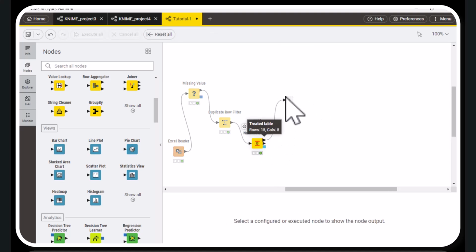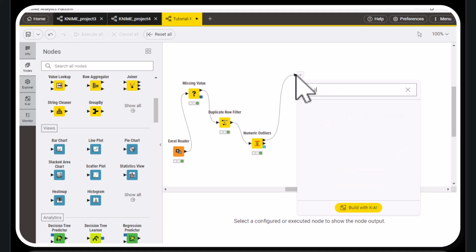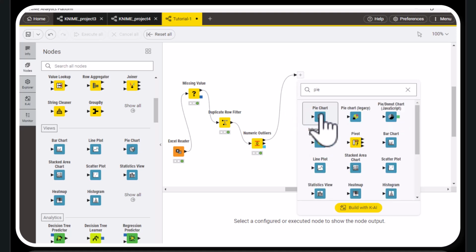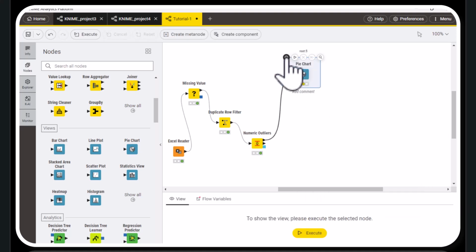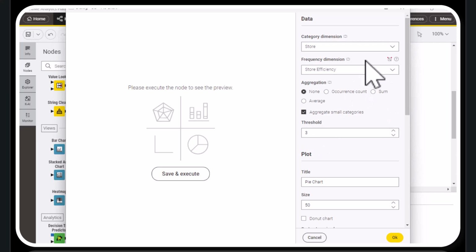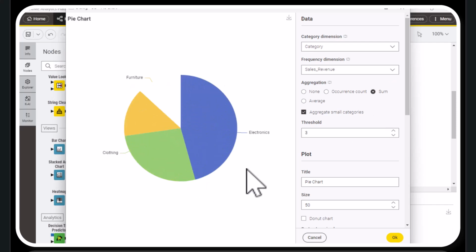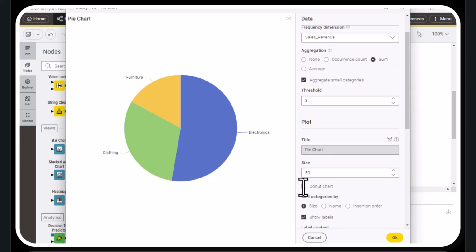Next, let's make a pie chart. Let's configure the pie chart. So the pie chart, the category dimension is going to be, let's take product categories, and let's take the sales revenue and the sum of the sales revenue, or the total sales revenue, as the aggregation. And let's click Save and Execute, and we can see that the pie chart has been made. Of course, we can